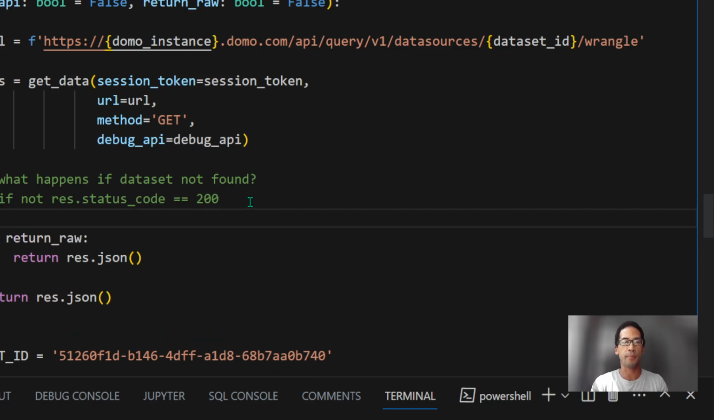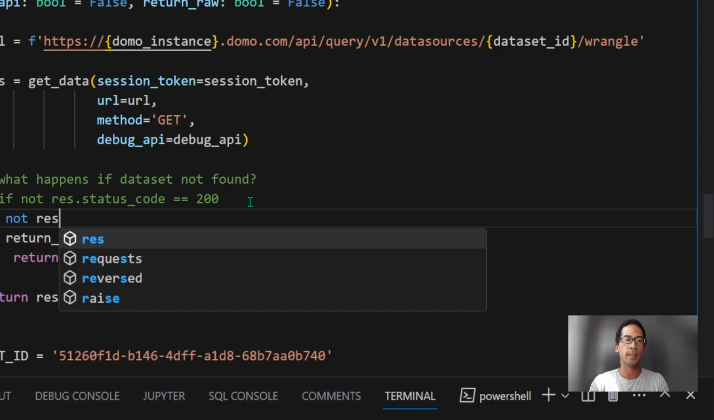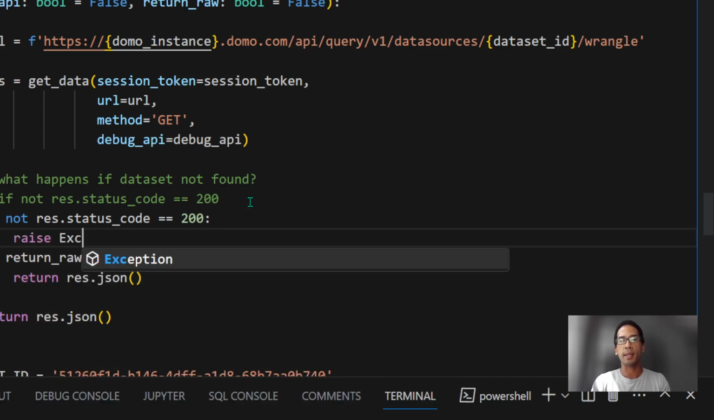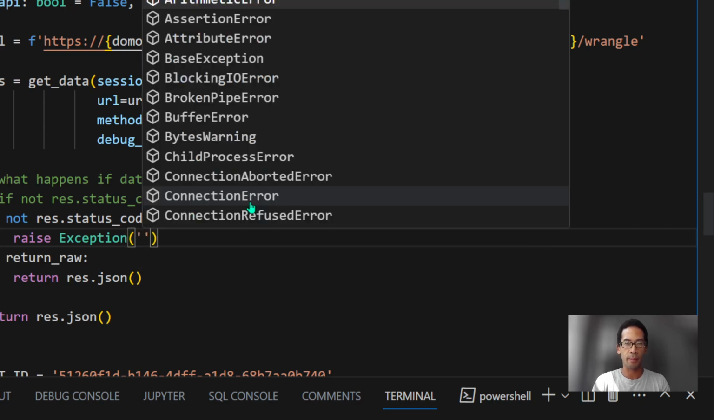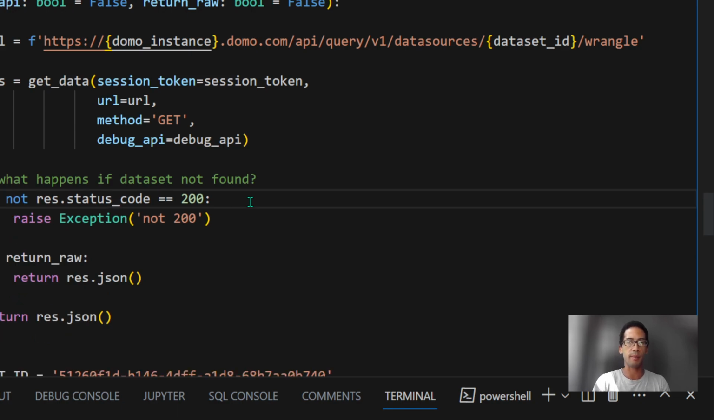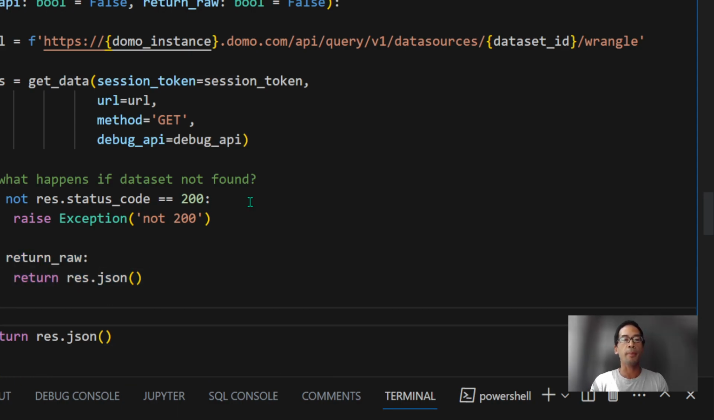So, all right, I know I need to handle what if I don't get a 200 status code eventually. But so let's say if not res.status code equals 200. So if that doesn't happen, then I'm going to raise exception not 200. And I would obviously do something a little cleaner someday. But otherwise, I got a 200 response, which means I'm good. And so if I'm good and I click return raw, then I want to return res.json. But usually I just want the data that I care about, which is